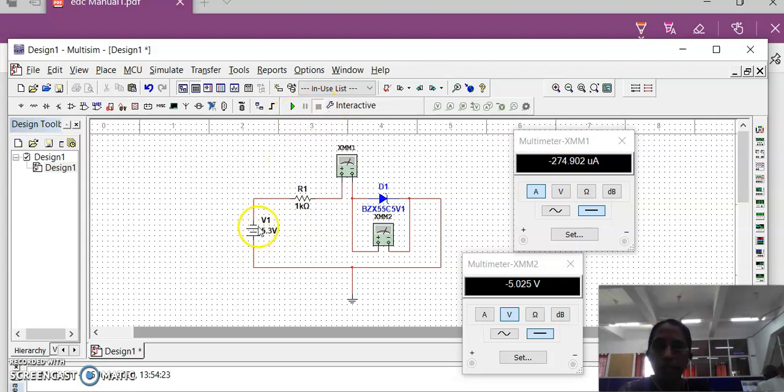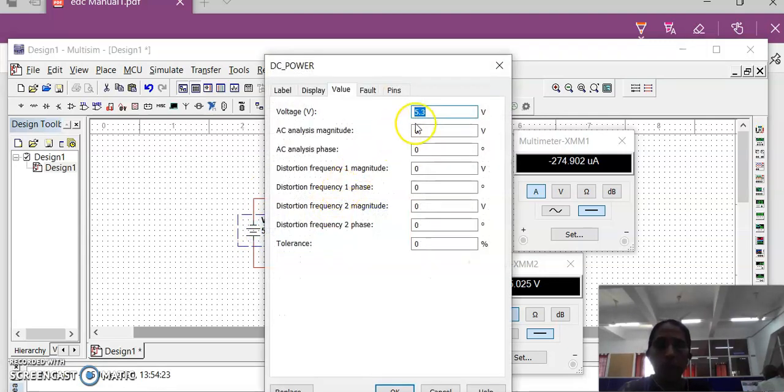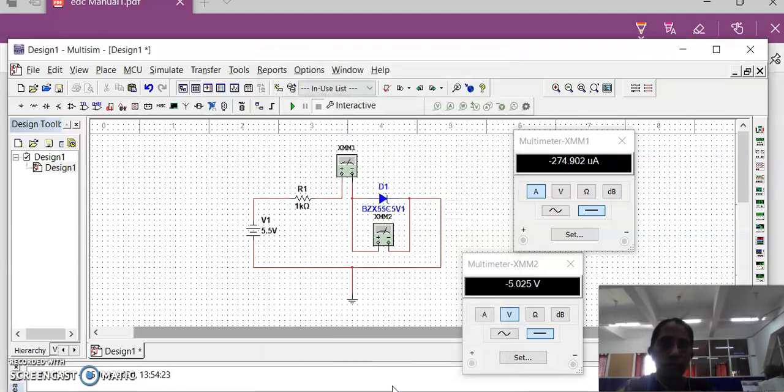Okay, now again change this value to 4.4461 microamps and 5. Almost the voltage we are getting is constant, but current is increasing, right?